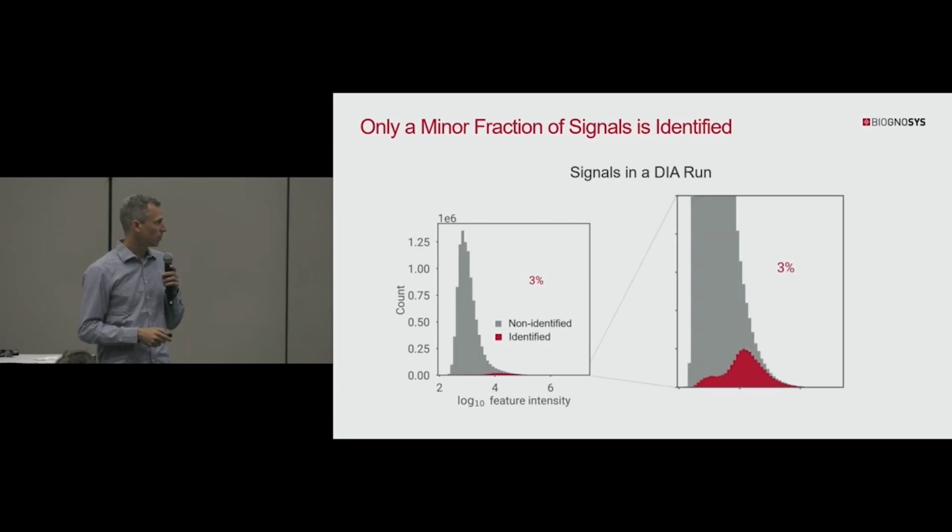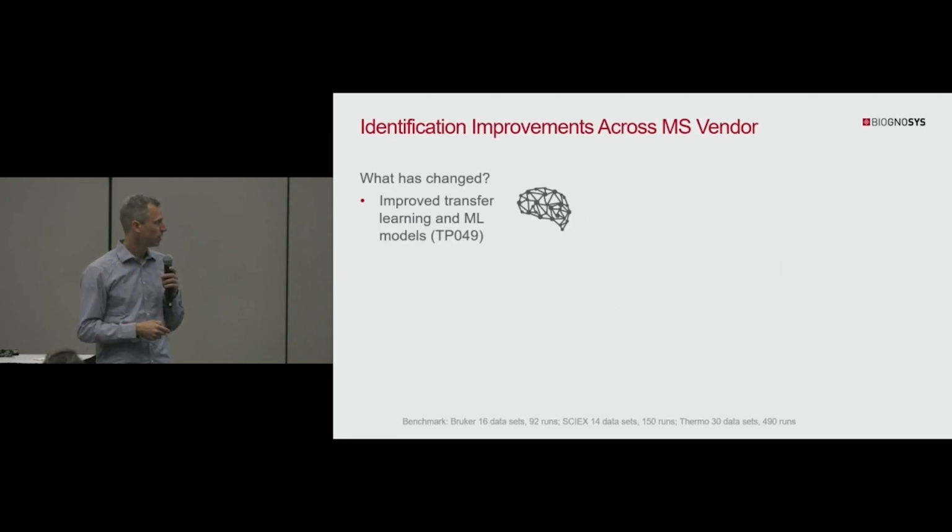And I can also zoom in a little bit here on this particular data set, so you can see that in this specific DIA data set, only roughly 3% of all the signals have been identified. And while this already leads to a tremendous amount of information you can use, it would still be nice if we could also go deeper into this gray part of this distribution here and analyze more peptides and extract more information from these experiments. And we are constantly working at that at Biognosys,